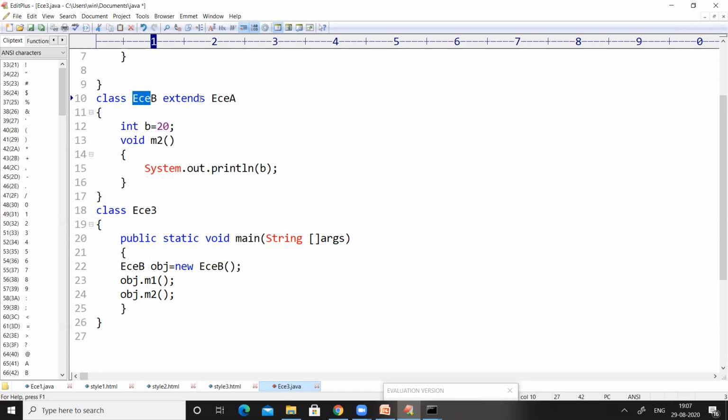JVM will encounter this particular word, extends. That means this class B is going to use some of the properties of another class. When JVM encounters the word extends, it will come to a conclusion that this particular class is going to use the properties of some other class. So after the extends keyword, it will encounter ECEA. Now the JVM will bring the non-static variables and methods of ECEA along with the non-static variables and methods of ECEB